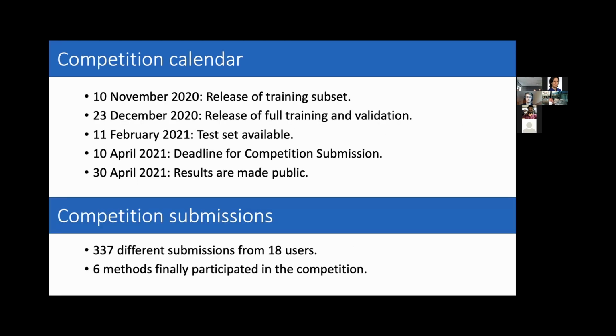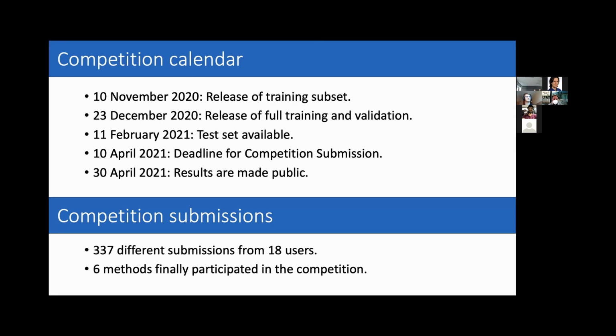The calendar during the competition: we released the first subset of the data on November 10th, so that the different teams could start working on this task. Then in December, we released the full training and validation data, and in February, the test data. And the deadline for the competition submissions was in April. So the different teams had 5 months to work on this data set, and only 2 months with the test